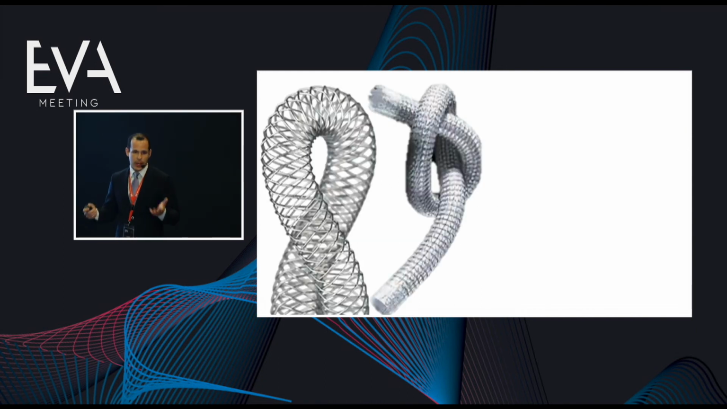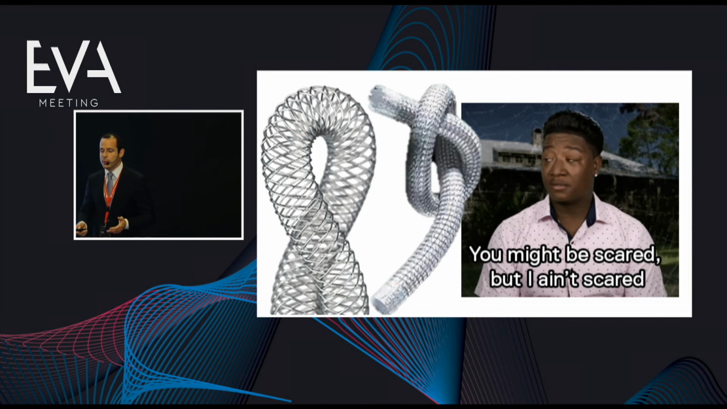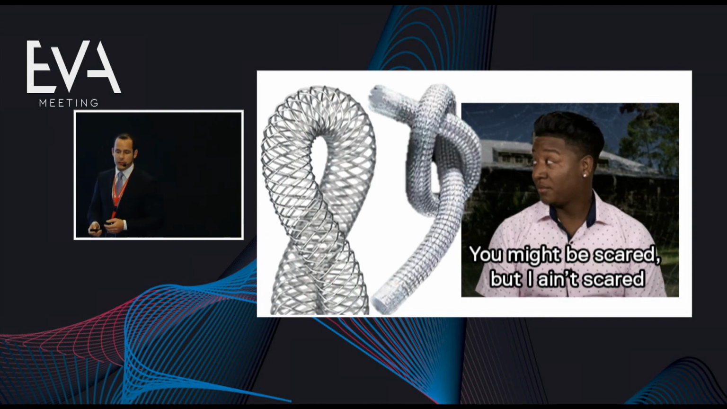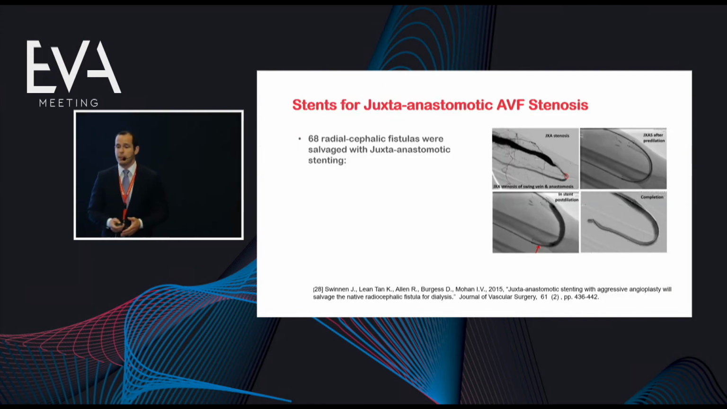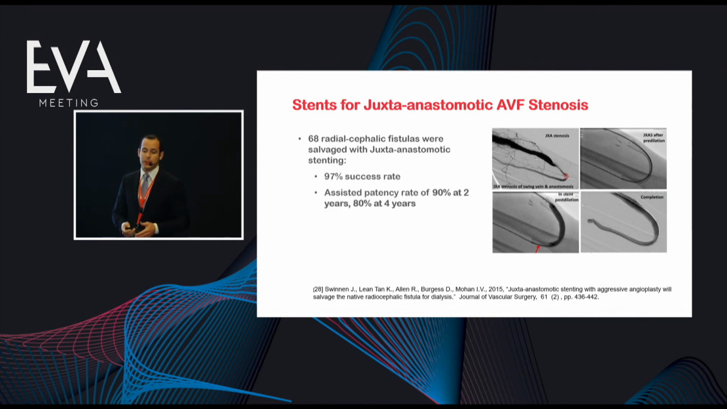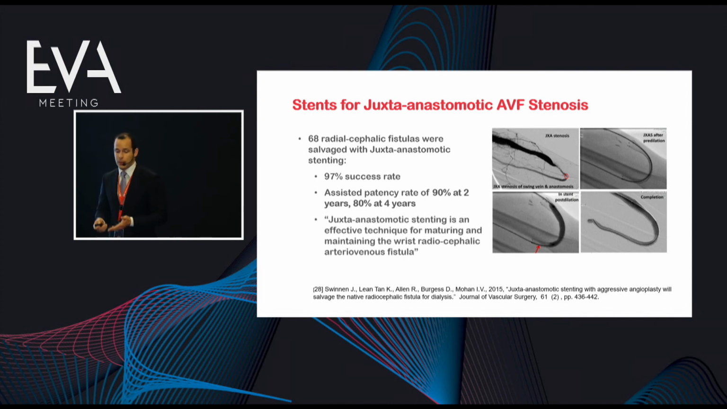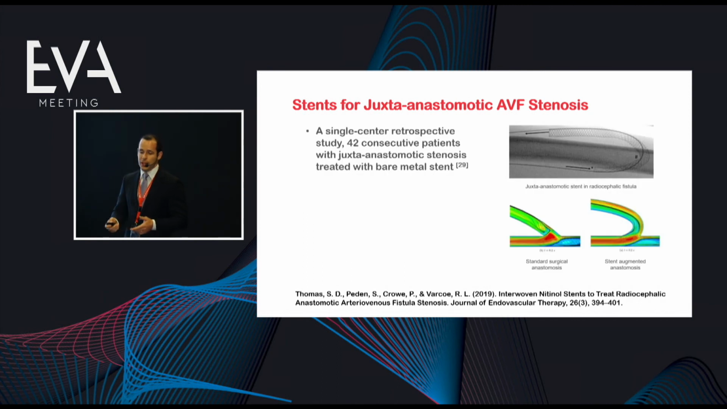And this is where it comes to the stent. So, okay, you might be scared about using stents, but I'm really not. You can see some publications which show that stents for just anastomotic AV stenosis are very good. You see 68 patients here, 97% success rate, and assisted patency is 90% at 2 years and 80% at 4 years. So they say that just anastomotic stenting is an effective technique for maturing and maintaining the fistula,